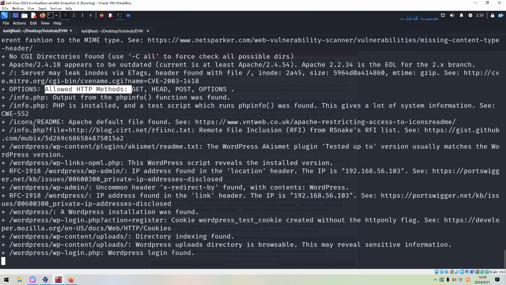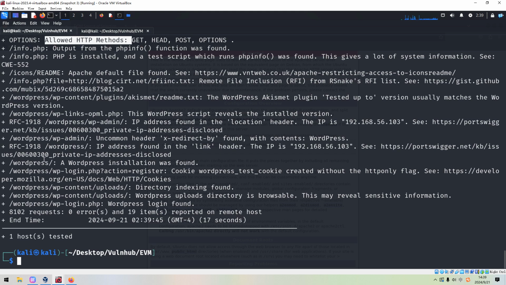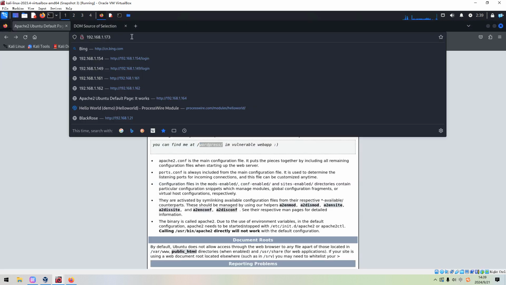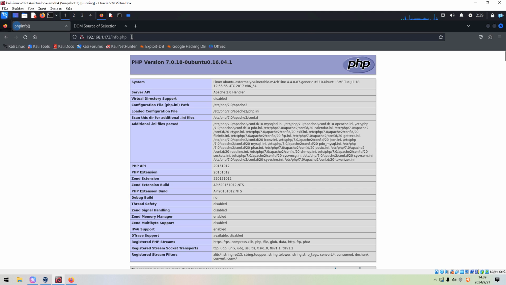Even Nikto can give us the directory and file information like info, and we can take a look at the info to see what it's about. This is some configuration version information about the PHP interpreter, which is running in the background.